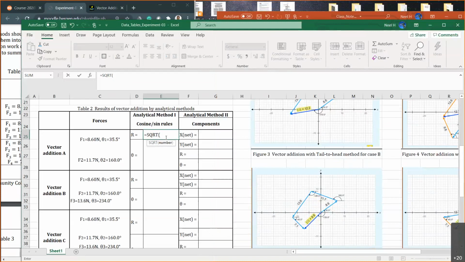Square root, F1 is 8.6 to the power 2, plus F2 is 11.7 to the power 2, minus open brackets, 2 times F1, 8.6, times F2, 11.7, times